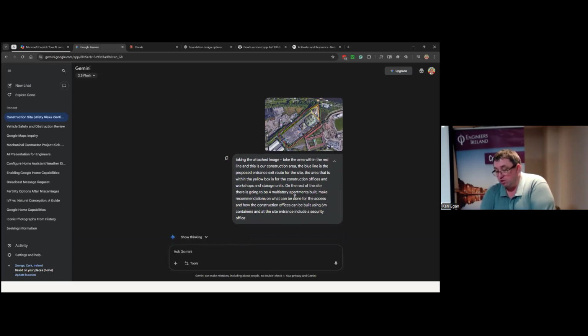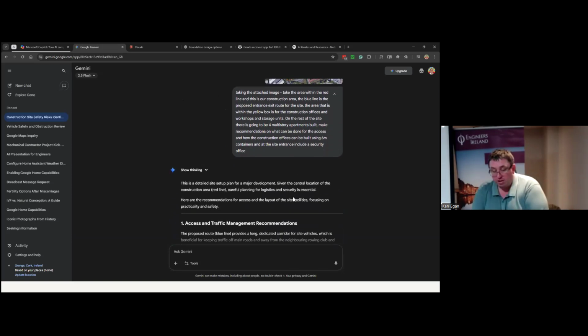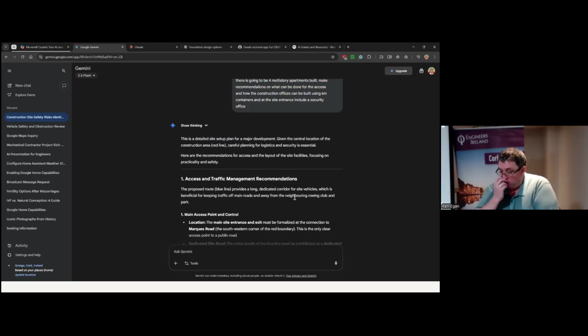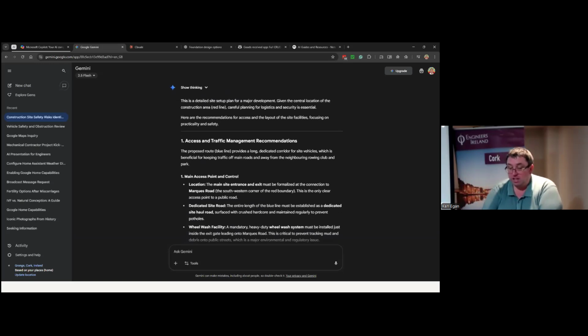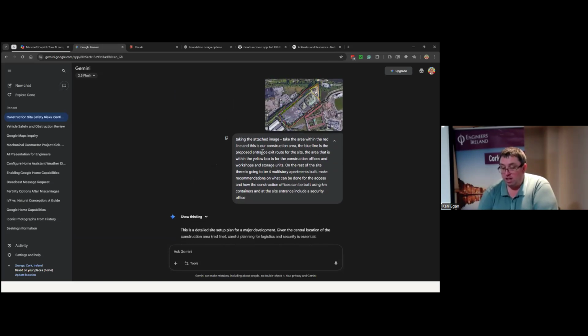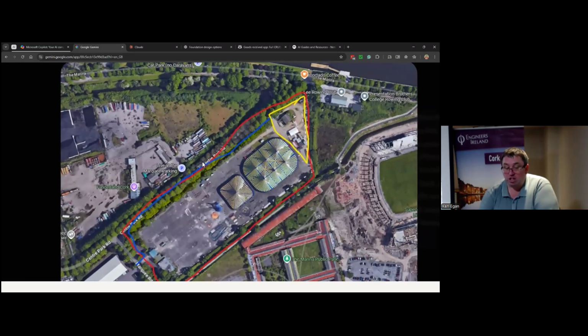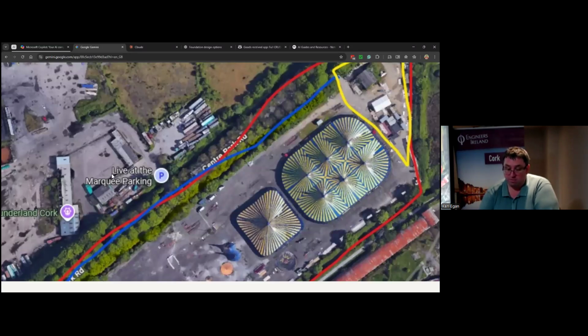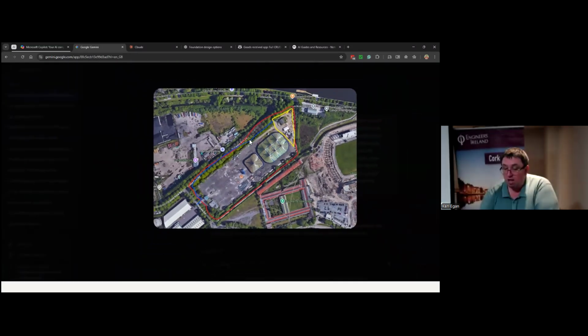And it goes through just a bit of a spiel on it, and asks it then what can be done to access construction offices using 6-meter containers. Site entrance should include security office. And basically, it's come back with access and traffic management recommendations, right? Now, look at this. I haven't stated where it is. I have just taken this picture, right? If you look at the picture, it has got text there, but it's just a grab of the said picture,